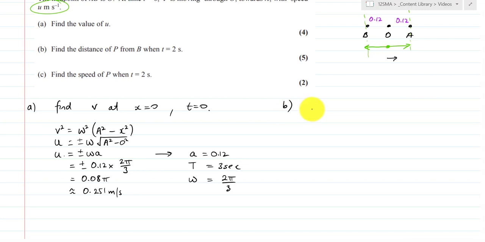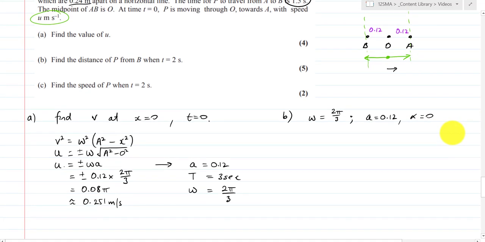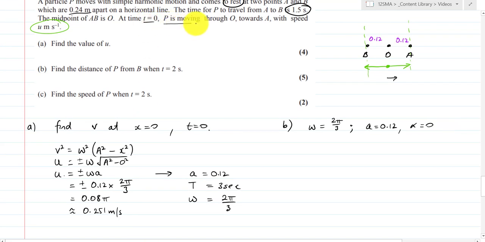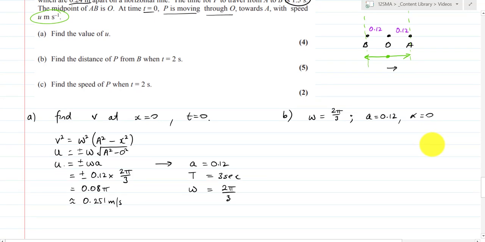So I know my value for omega is 2 pi on 3. I know my A is equal to 0.12, and I know that alpha is equal to 0 because we're told it starts at 0. And so if it's starting at 0, at time equals 0, P is moving through O, then I'm going to use a sine function and alpha equals 0. So this is where we're considerate about which function to use. And so therefore, x is equal to